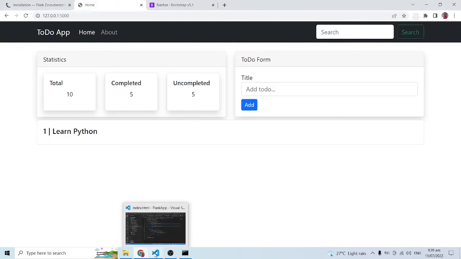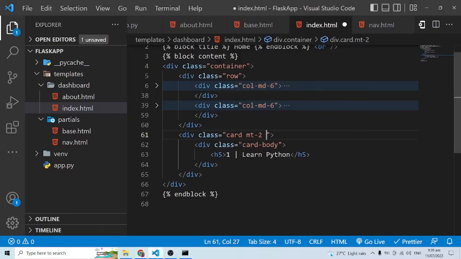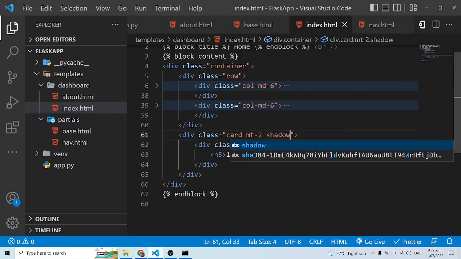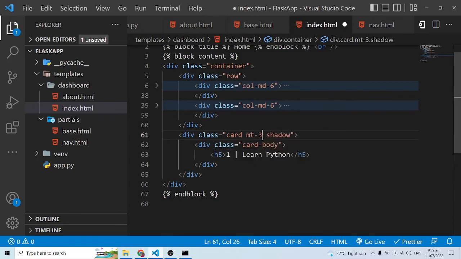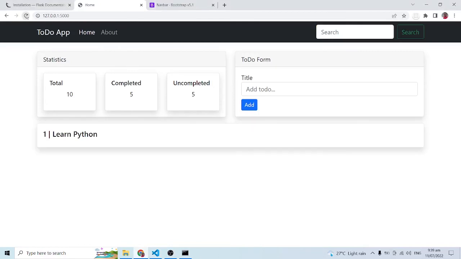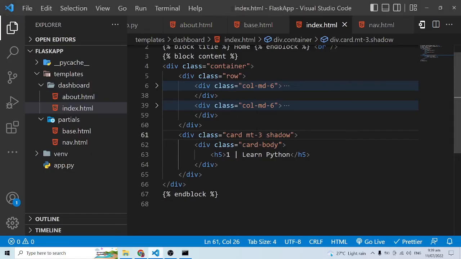Let's also have a shadow, and shadow like this. Let me do a margin top of 3. So when I refresh, clearly you can see that this is beginning to look good. Now what I did with the final video or the final product was I didn't use a card on top of this. I just used the border. So instead of the card, I can say border,